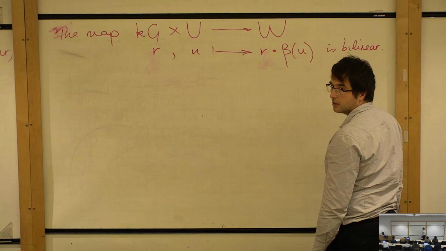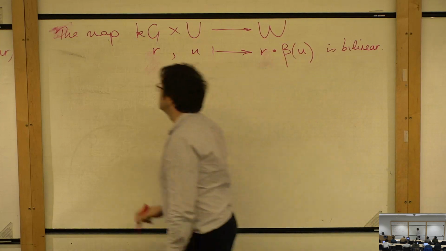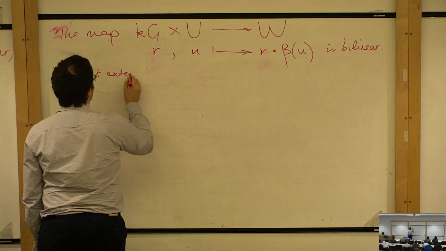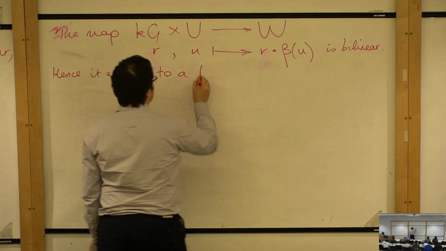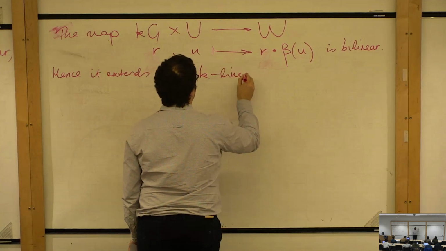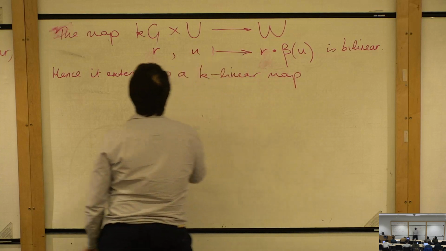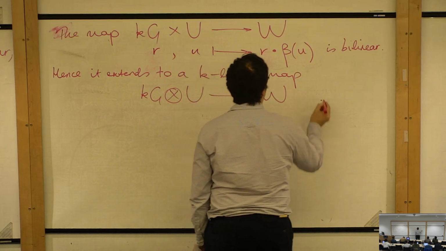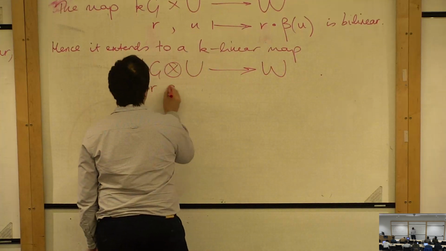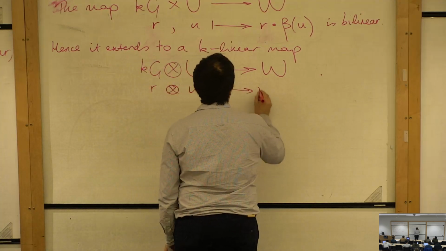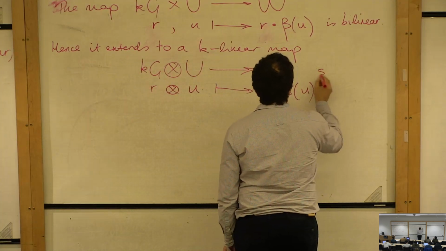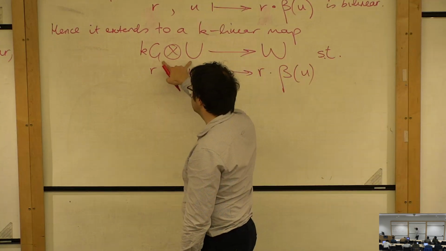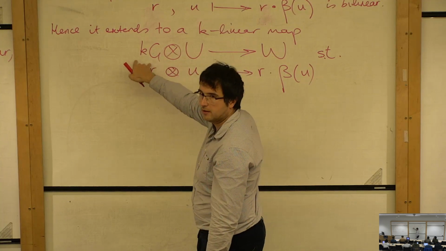Okay? And so by the inverse property of tensor product, it extends to a K-linear map from the tensor product into W, sending the elementary tensor to this. Okay? But the induced representation is not just a tensor product of U with this gigantic thing, it's